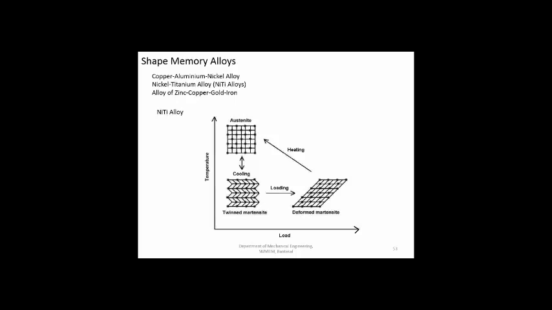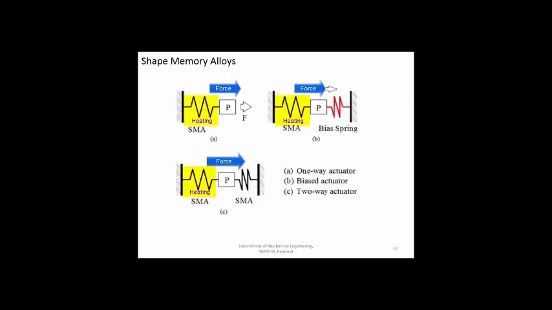Now what is the use of this? You can create any particular shape you want initially by heating it and giving some training. Then wherever you want, you can use it as an actuator by simply heating it. If you heat it, it will take up some different position, and when it is cooled down, again it will take up another position because of the applied load.